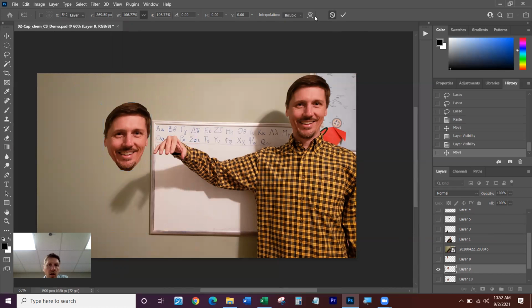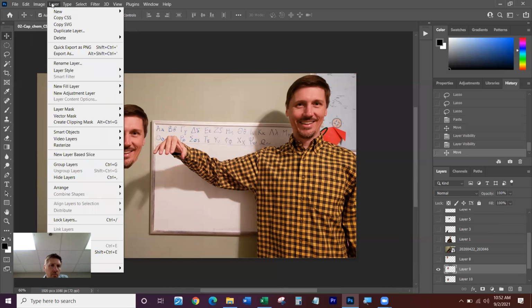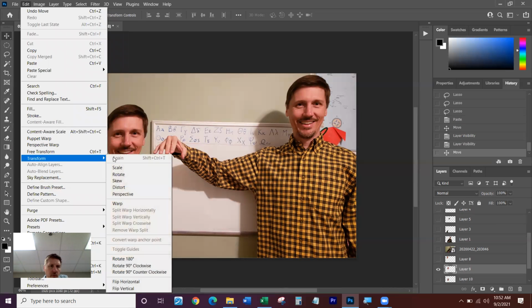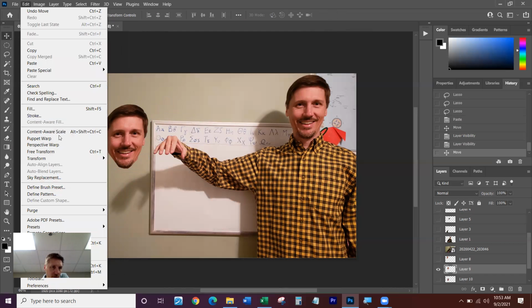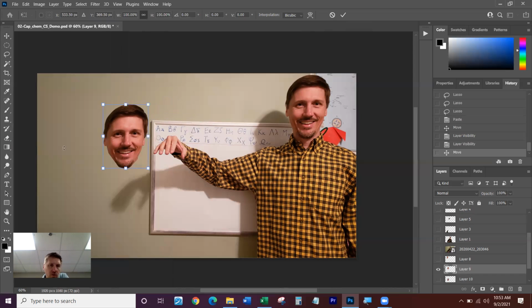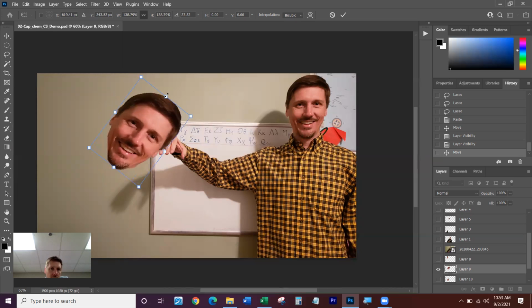Instead of scale, I could, for example, do the rotation tool. That gives me the ability to rotate it, orient it however I want. I'm going up here and clicking either the check or the little cancel option if I don't want it to maintain whatever effect I just did. But I'm going to choose free transform. Free transform builds a bunch of those things into one single transformation. This one allows me to both rotate and also scale, and it also lets me